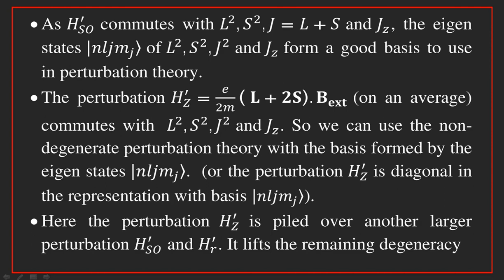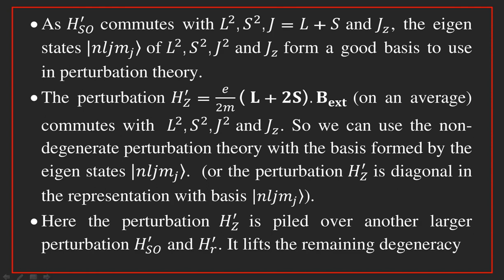Here the Zeeman perturbation is a small perturbation piled over another larger perturbation, H' of SO and H' of R, that is the relativistic and spin orbit coupling. So we can take the relativistic and spin orbit terms as part of the main Hamiltonian, and Hz' is taken as the perturbation. So this perturbation will lift the remaining degeneracy,